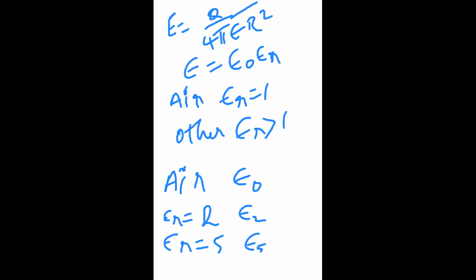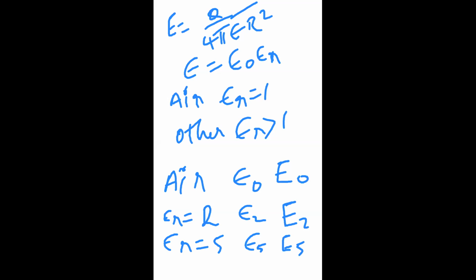Now, please somebody tell me, what happens if I go from this value to this value? Here I am getting some electric field, which I am denoting as E0. In this case, I am getting some electric field denoted as E2. E2 means the relative permittivity of the medium is 2, that is 2 times epsilon naught. Here in this case, it is 5 times epsilon naught.